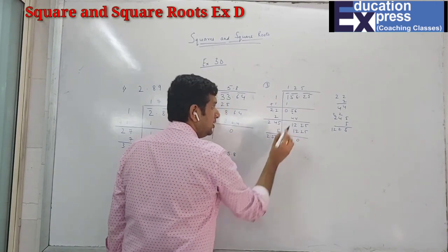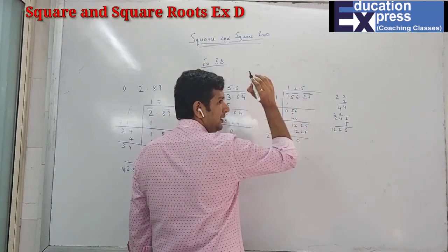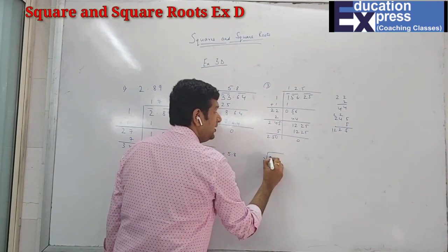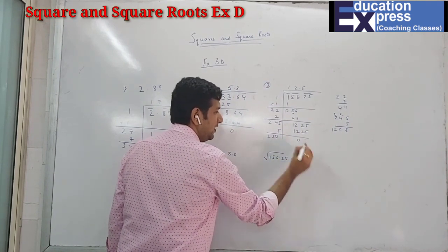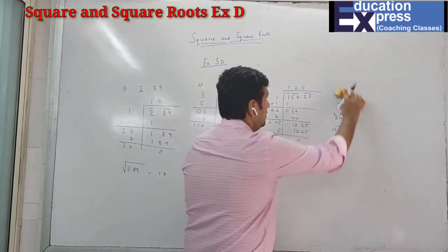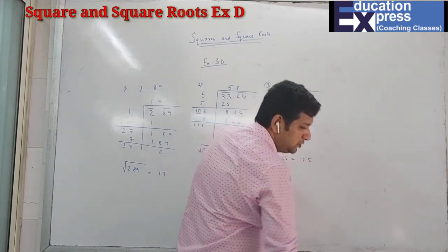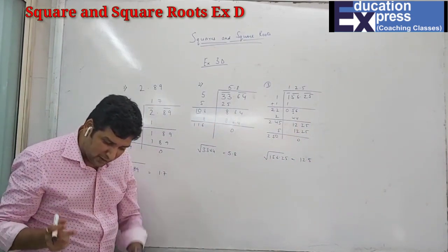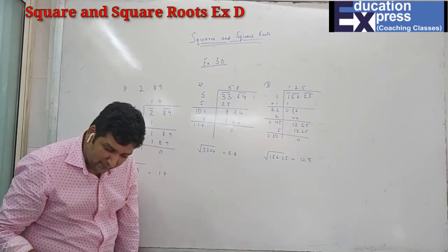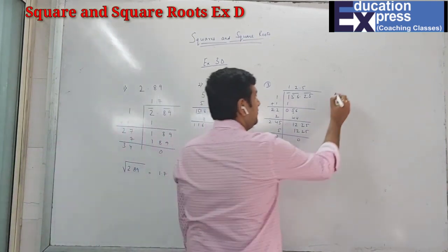So now the under root, after decimal 1 pair, so 1 number ke baad decimal comes. So 156.25 will be 12.5. Same students, it is exactly like the division method of square roots. The only thing is we have a decimal over here as an additional thing. Now, fourth sum you can try. I'll do fifth and sixth. Fifth sum.